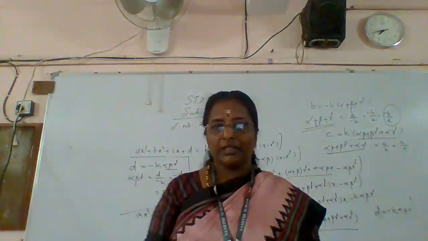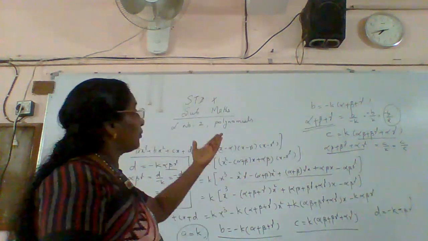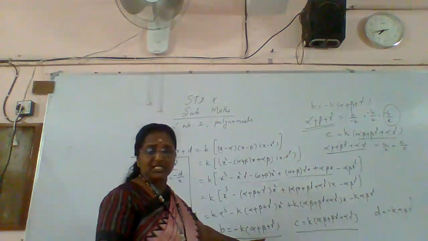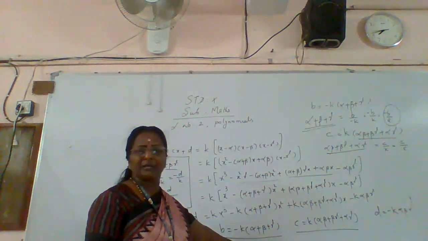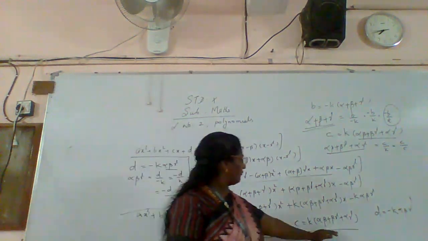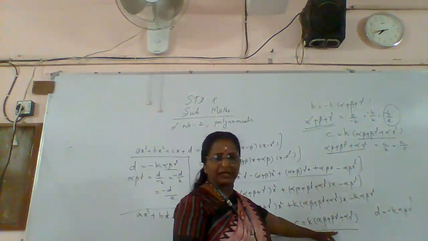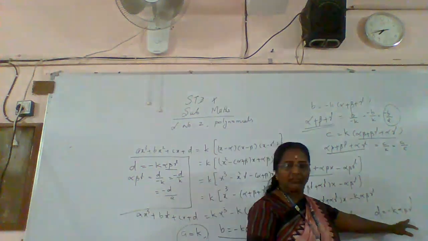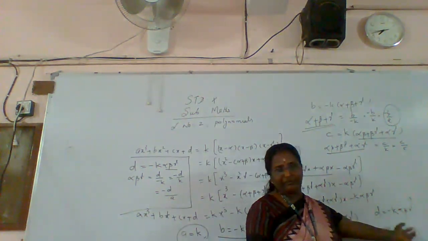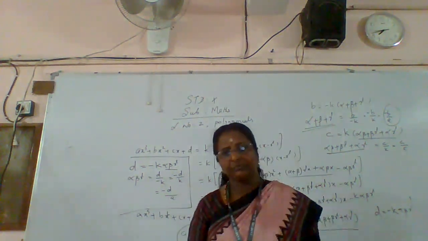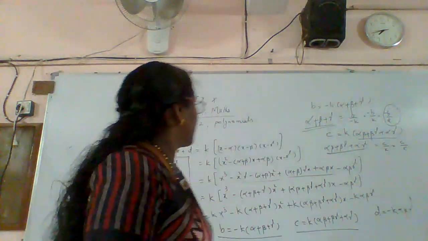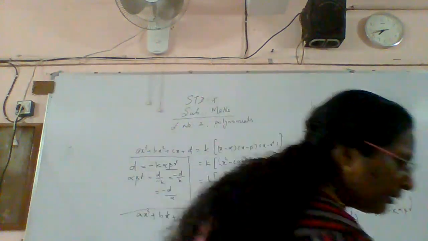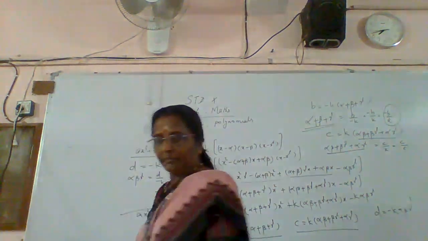Clear now? Then what do you want to find out? You want to find out alpha plus beta plus gamma. Therefore, I took this term, as only alpha plus beta plus gamma comes here. And here alpha beta plus beta gamma plus alpha gamma comes, therefore I took the second step. And in the third case, you need alpha beta gamma, so which term gives alpha beta gamma? That term. So you got the relations. Now we can revise all of that in one way. That is a very important point for you.